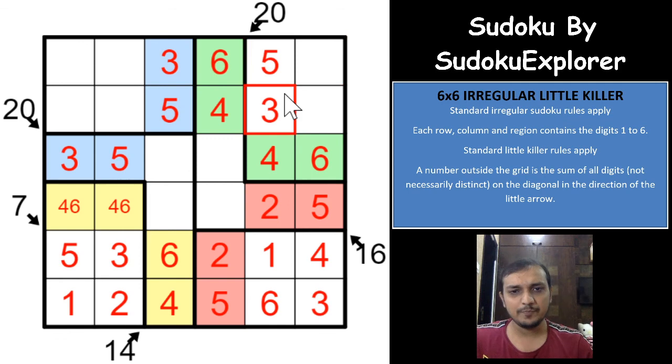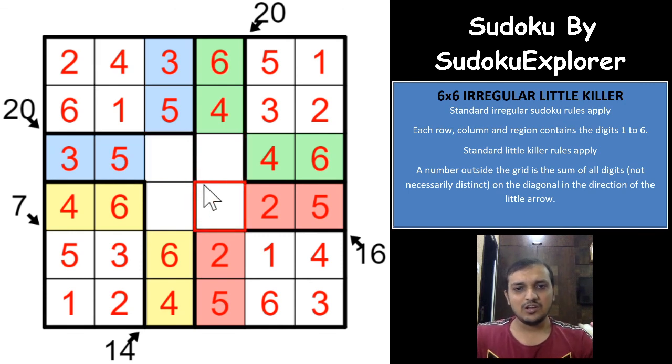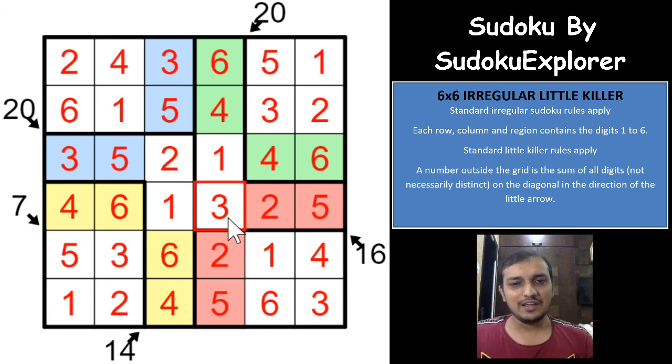So 5 and 3. And with the 5 you will get a 4 here, because you need a 9 in these 2 cells and 9 in these 2 cells, right? So this would be 6. This would be 2 and 6, right? So this is 2. This is 6. This is 1. This is 2. This is 1. And this is 4. That gives you a 1, 2, 1, 3 here. So this would be 1 and 2. This would be 1 and 3. And with that we complete this excellent, fantastic Sudoku here.